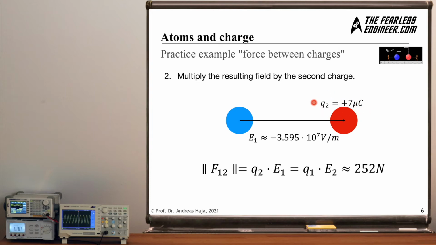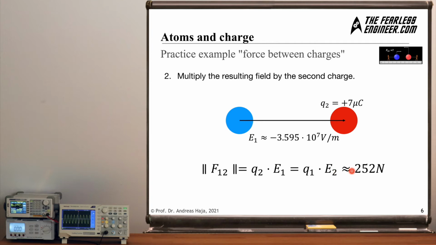We now take a look at the magnitude of the charge, which is 7 microcoulombs, but with a positive sign. And in order to arrive at the force acting on the second charge, we only need to multiply the magnitude of the charge with the electric field of the first charge at the position of the second charge, which has been done here. And if you run the numbers, you arrive at 252 newtons, which is actually quite a lot